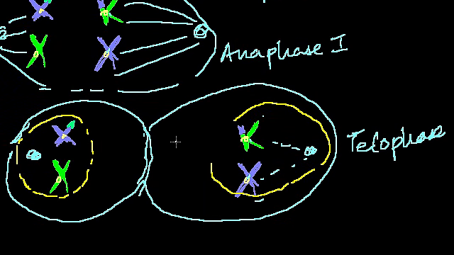Now, each cell only has 2 chromosomes. Essentially, each cell got one of the pair of each of those homologous pairs, but it was done randomly, and that's where a lot of the variation is introduced. Now, once we're at this stage, each of these cells now undergo meiosis II, which is actually very similar to